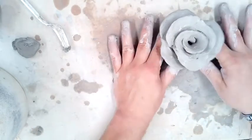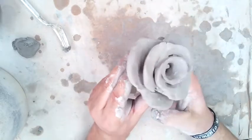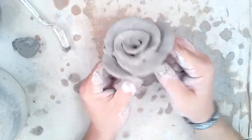Ta-da! Look at it. Doesn't it look pretty? Yes, it's so pretty. All right. This is the assignment you choose. This is assignment